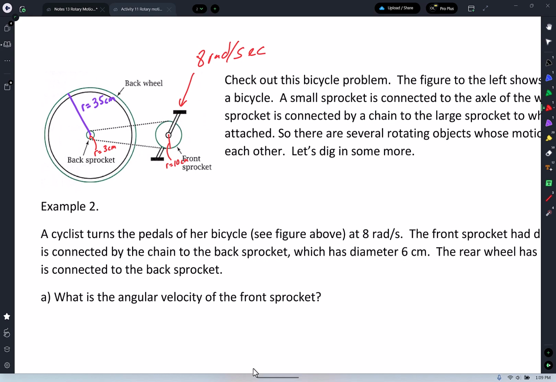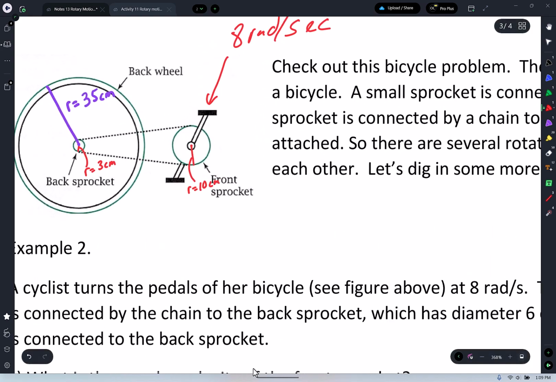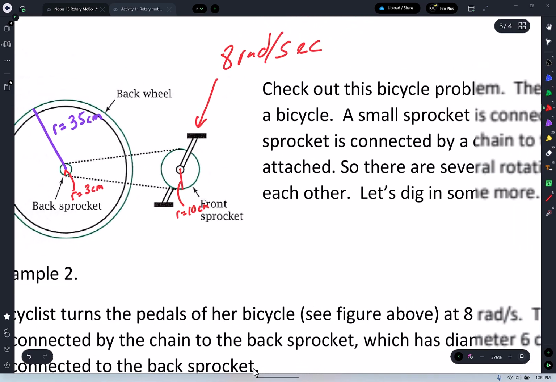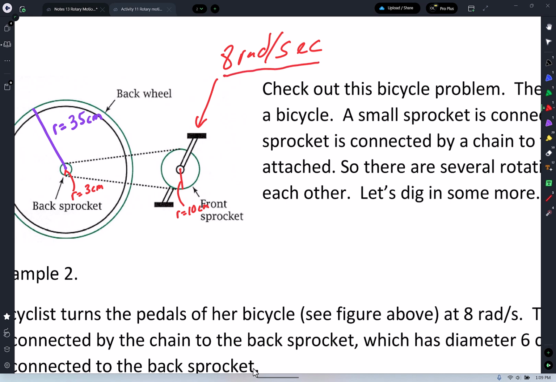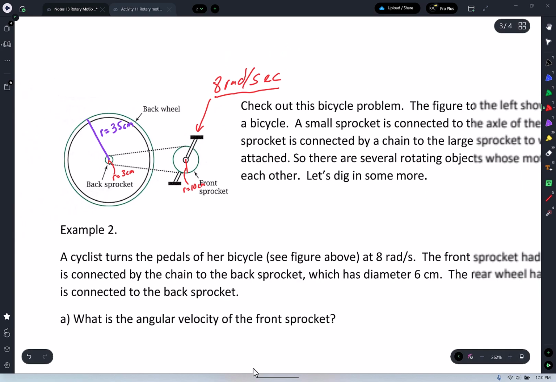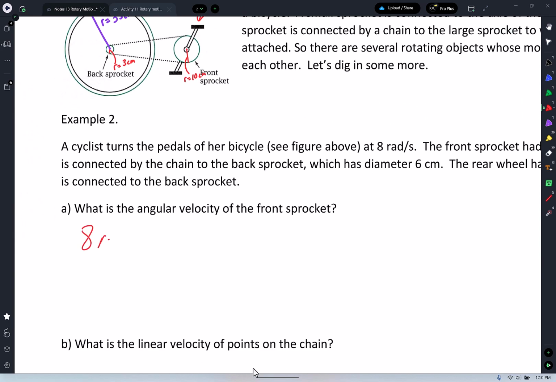What is the angular velocity of the front sprocket? All right, let's think about it. Angular velocity. The pedals are connected to the front sprocket. So if the pedals are going 8 radians per second, if the pedals do 1 revolution, so does the front sprocket. So radians per second is angular velocity. So if the angular velocity of the pedals is 8 radians per second, so is the front sprocket. So there it is. 8 radians per second since pedals are connected